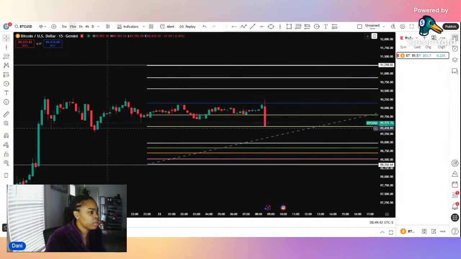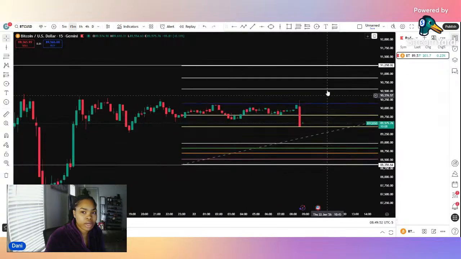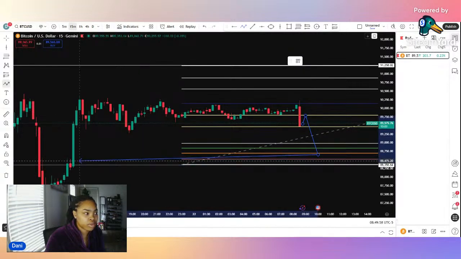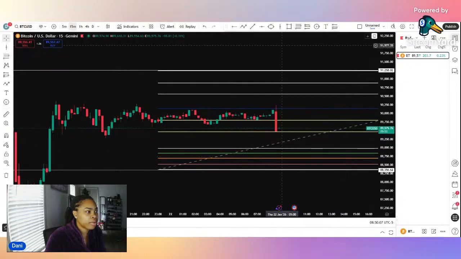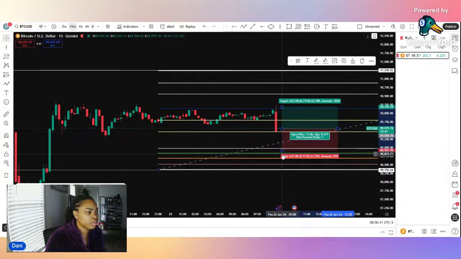So we are taking a risk respecting this yellow line here. We are taking a risk because it can very well do one of these, right? Because we have another, but it's not stable enough for me to respect it personally. So I am gonna go for a potential buy.